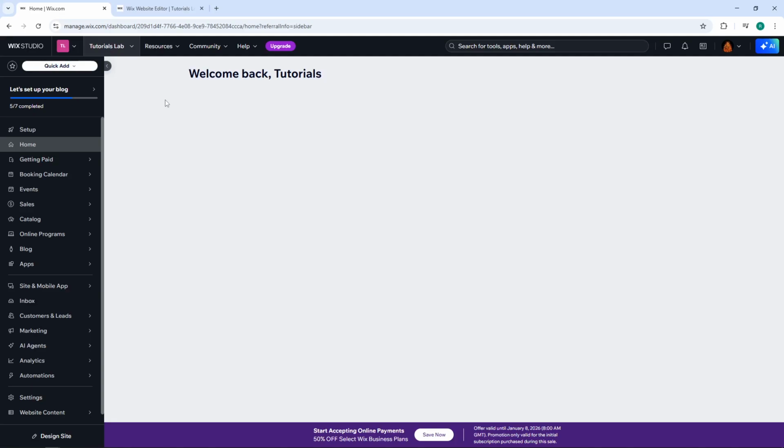Welcome back, everybody. Today I'm going to teach you how to add Google Maps to your Wix website. This is a fantastic way to help visitors find your physical location easily and make your site more professional and